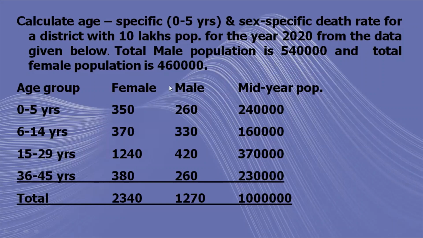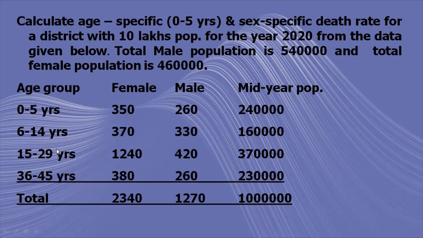Now coming to the calculation of age-specific death rate, that is 0 to 5 years, and sex-specific death rate. Sex-specific will be death rate for females and death rate for males, males and females separately. And for age-specific, it can be 0 to 5 years, 6 to 14 years, 15 to 29 years, or 36 to 45 years. Any one of the age-specific death rates and any one of the sex-specific death rates can be